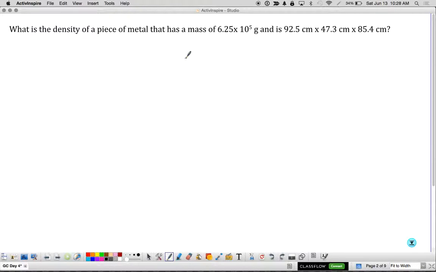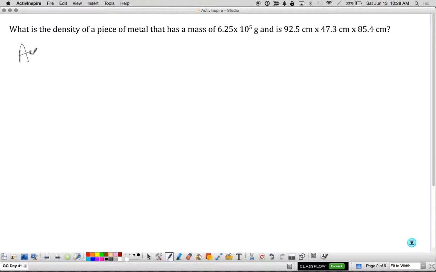All right, so this is another density problem. A lot of the problem solving that we'll be doing will involve density or other pretty simple calculations like that, things that you know, a lot of time stuff. So what is the density of a piece of metal that has a mass of this many grams and these dimensions? Okay, well,